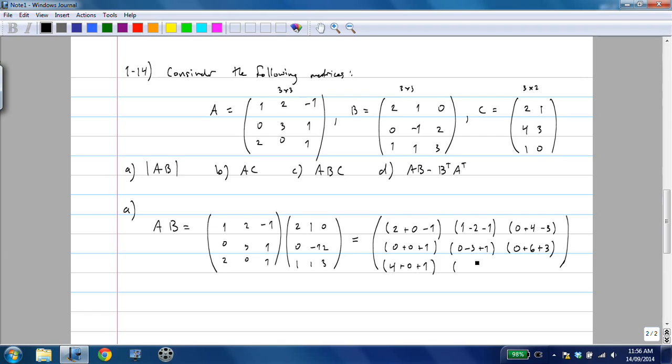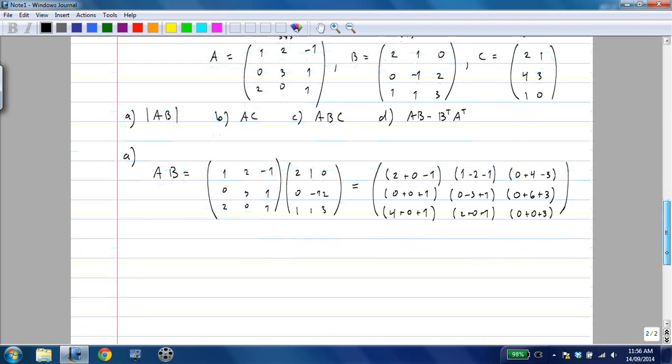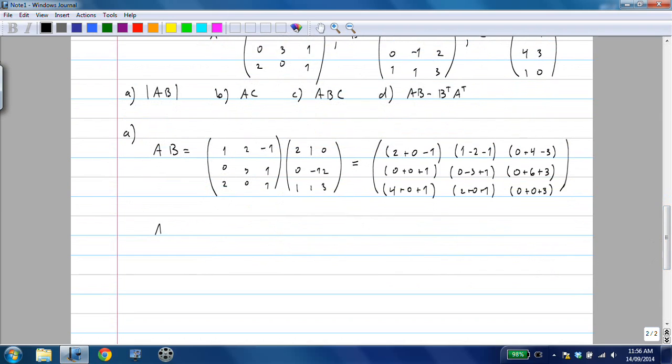And then we'll have 2 times 1, you get 2. 0 times minus 1, you get 0. And then 1 times 1, you get 1. And the last element, we'll have 2 times 0, you get 0, plus 0 times 2, you get 0 also, and then 1 times 3, so you get 3. So therefore, our AB is equal to